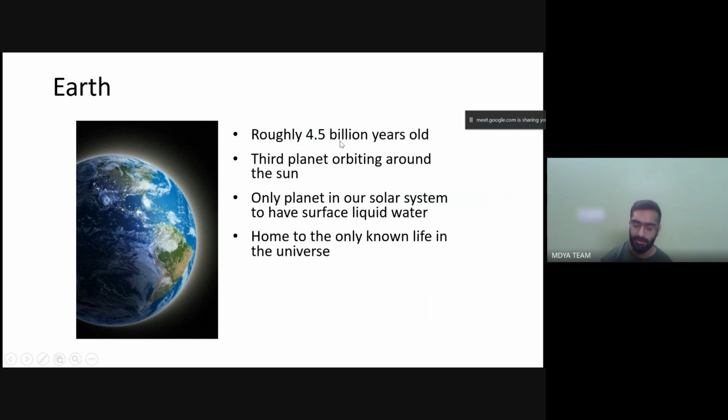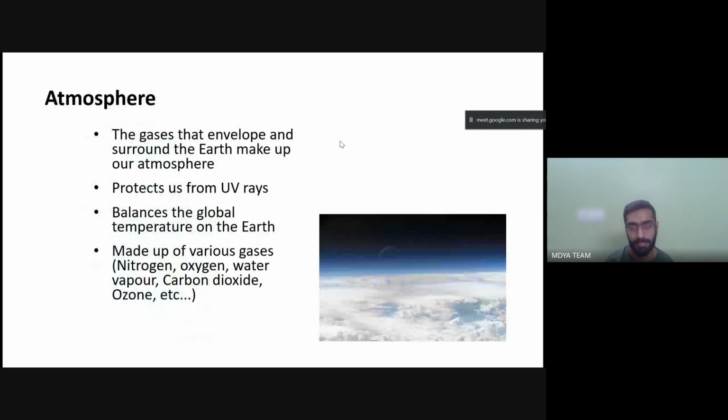There's more depth to it. So we are not able to understand, like, as science and technology is progressing, we will be able to understand if other kinds of species are also living their life on other planets. So the research is still going on. Okay, now we'll go on to the atmosphere.